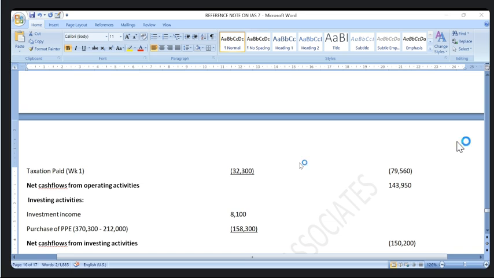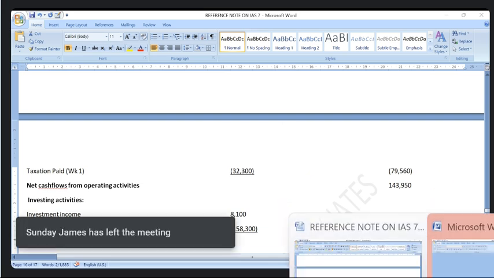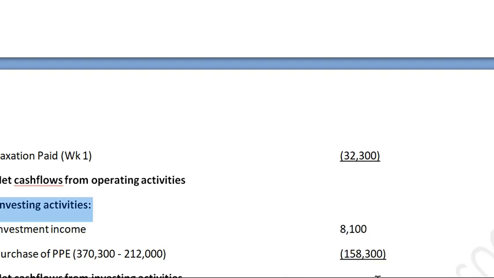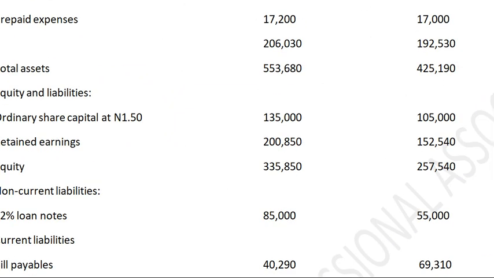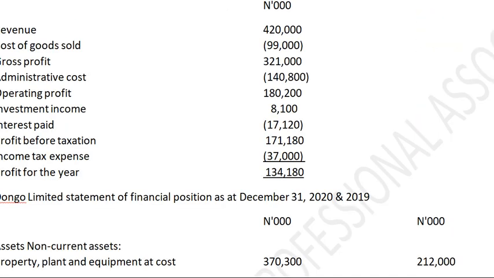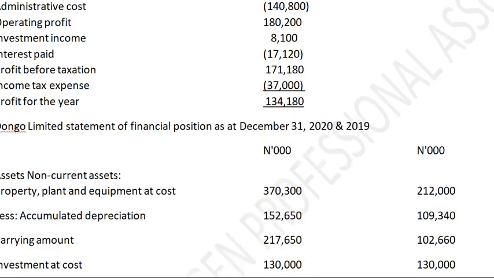Thank you. Okay. So we are in an investment activity. So we have investment income. Investment income is in the question under the profit and loss account, and the total amount is 8,100. And I told you, how will you know if there are sales or purchases on the asset? Now let's go to the question under that PPE. Investment income is 8,100. You can see it here under the profit or loss after operating profit. You can see it there. And so we have